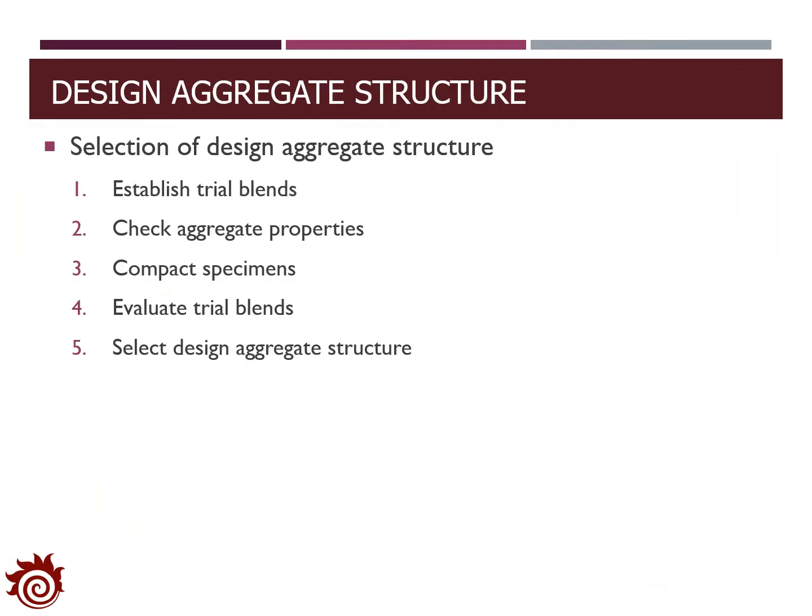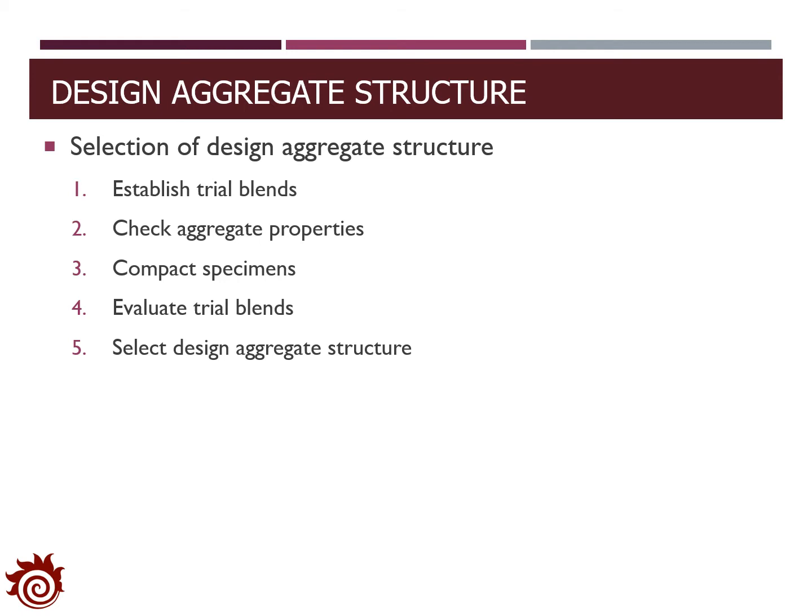Basically the Superpave mix design defines 5 steps for the selection of aggregate structures. At first we will establish several trial blends with different aggregate structures, and then we will check the aggregate properties, especially the grain size distribution. After that, we will apply the gyratory compactor to compact the specimen, and then we will conduct the volumetric calculation to estimate the properties of the trial blends. Finally, based on the results from the volumetric calculation, we will select the appropriate aggregate structures for the Superpave